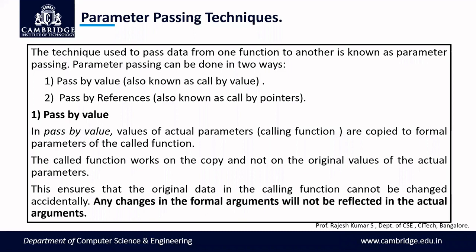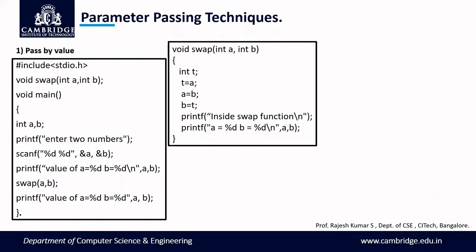So let us see the program for this, how it works. Here, pass by value, in this program, we are trying to swap two numbers. So we have written a function called swap. Void swap is a function which has two variables, a and b. These are the arguments or parameters, as we call them. The entire thing is called the function declaration, ended with a semicolon. For this function, we are writing the definition. The definition is written over here, what this function should do. Basically, the function name is swap, and we are performing a swapping operation here.